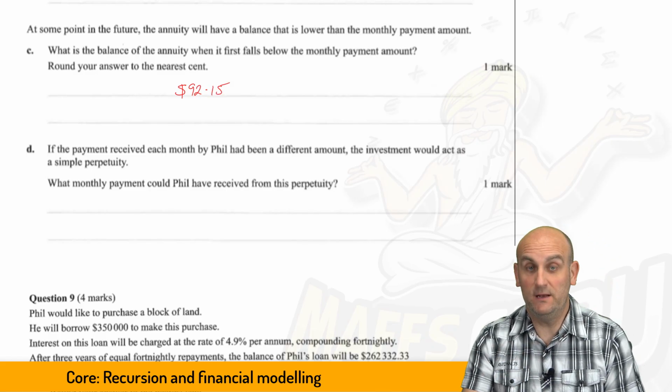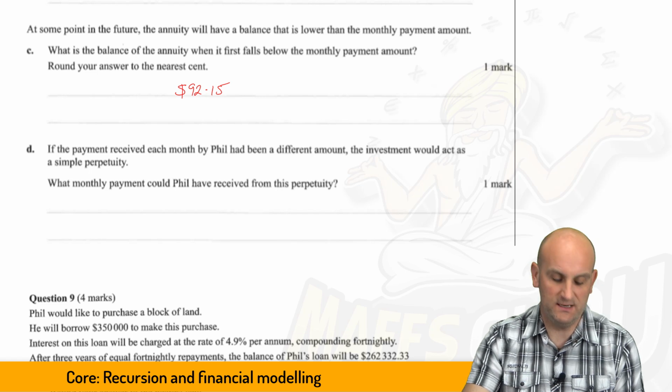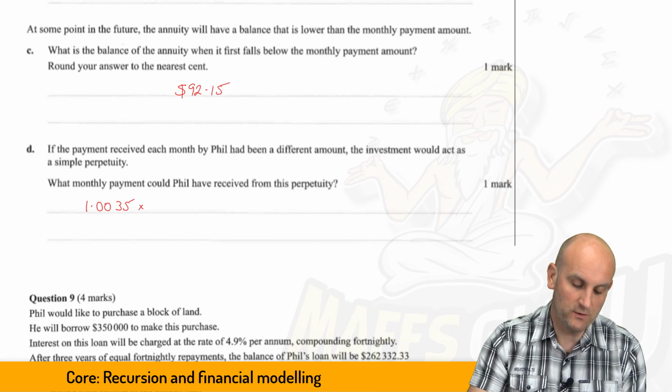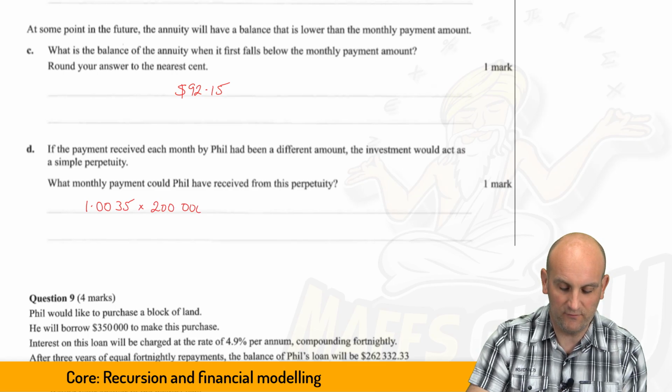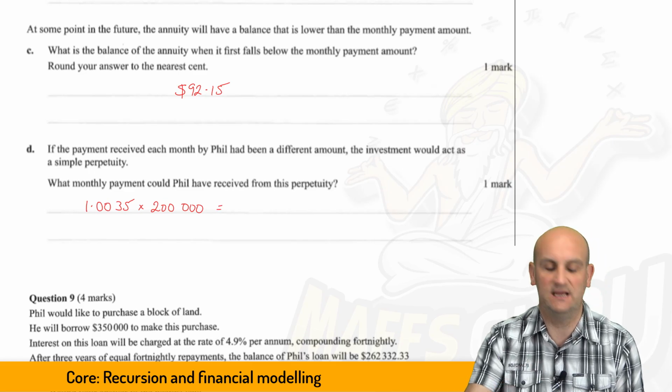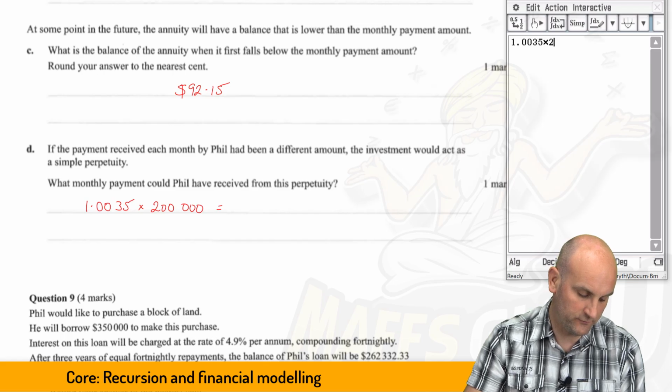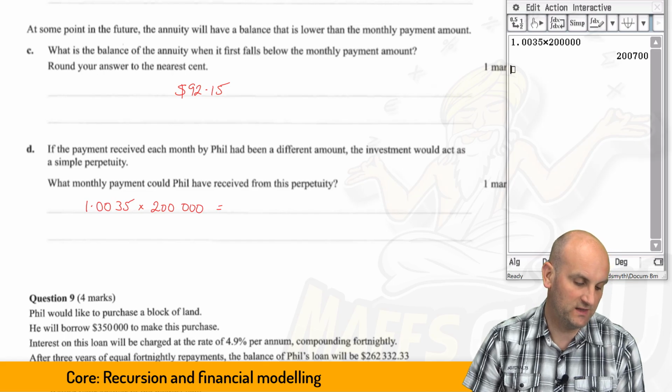There are undoubtedly many ways of doing this question, but basically we know that he's getting an interest rate of 0.0035, 1.0035 per month. And so I'm going to multiply that by his $200,000 investment. And that's actually going to give me how much he's getting in terms of his interest. So bring up my calculator, 1.0035 times 200,000. Hit enter, gives me